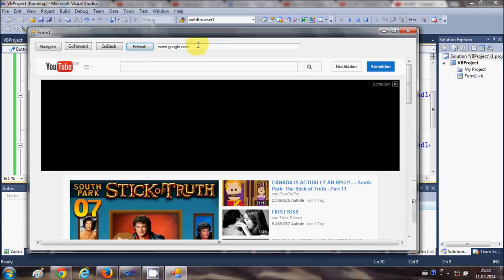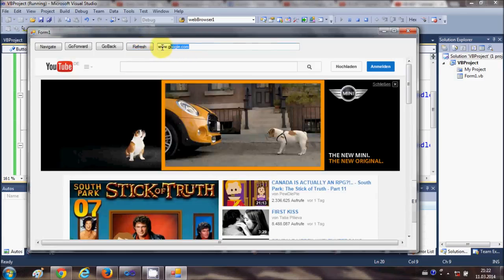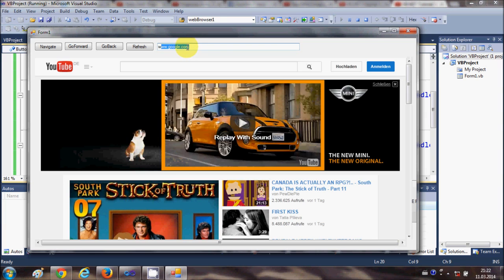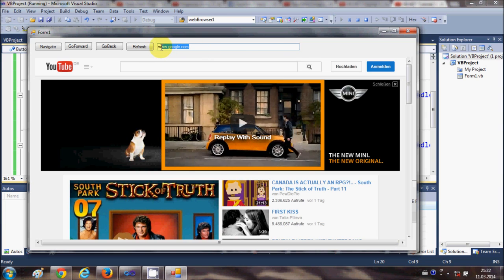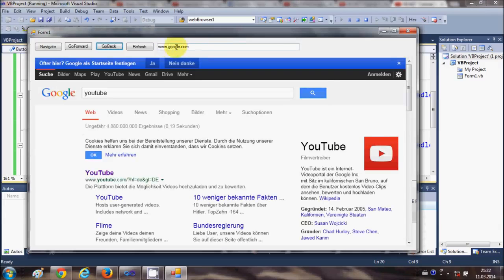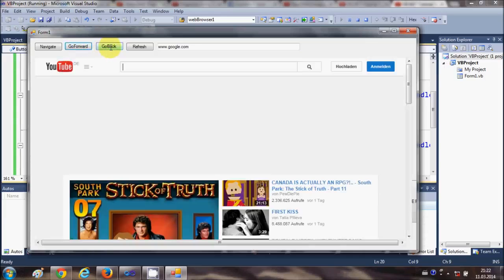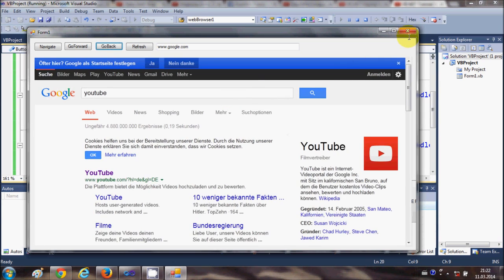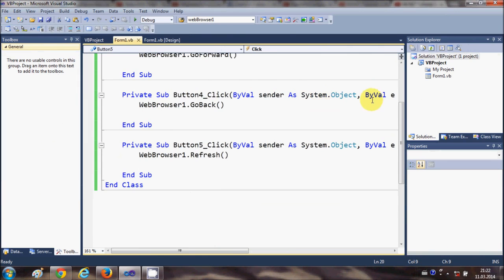One thing you will notice here is in this text box your URL is not changing when you are going back. It's always remaining www.google.com, and it's not changing according to our navigation of the website when we go back or when we go forward. This we can fix easily by